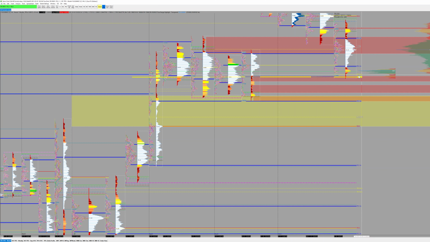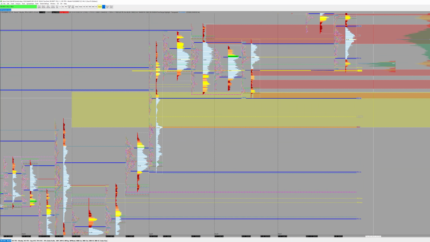A single print on a monthly time frame will probably act as a rejection initially, and then certainly as a magnet. Same for the TPO point of control, and the volume point of control. So we've got a TPOC here. The VPOC is not super visible because it's all